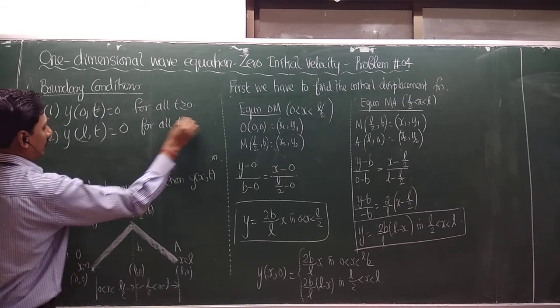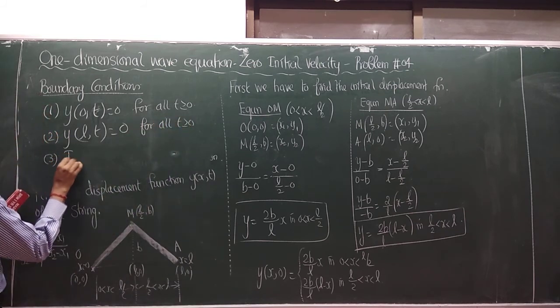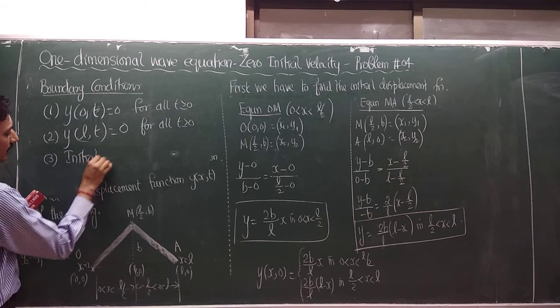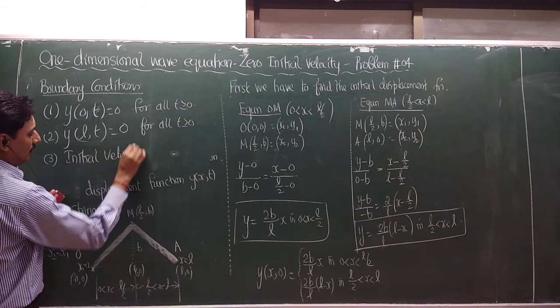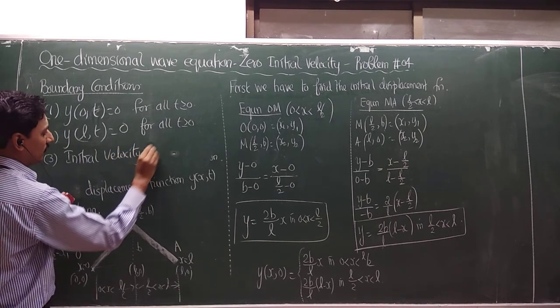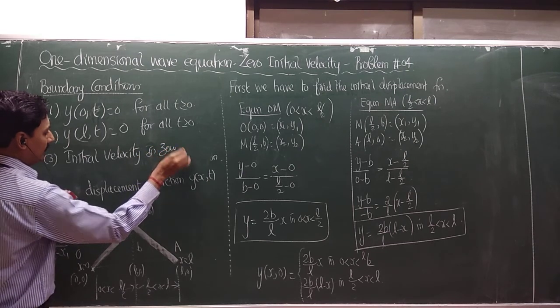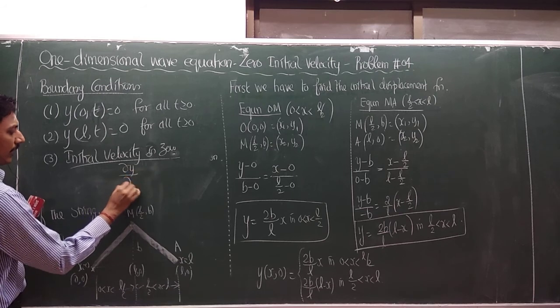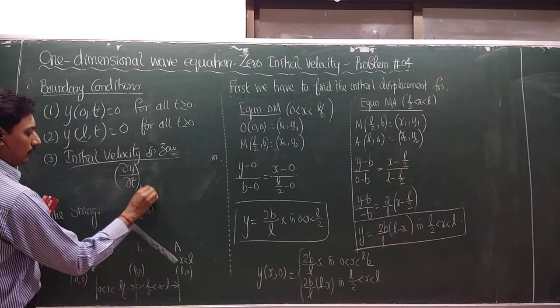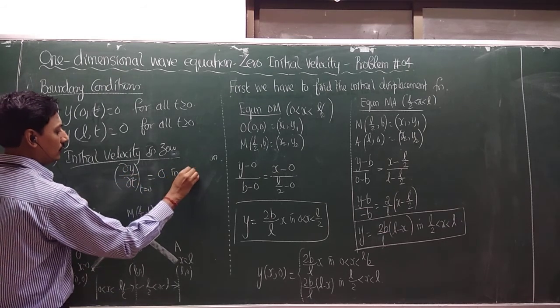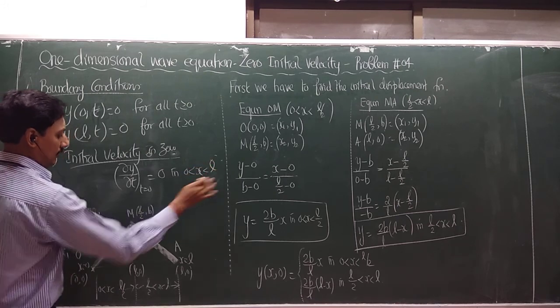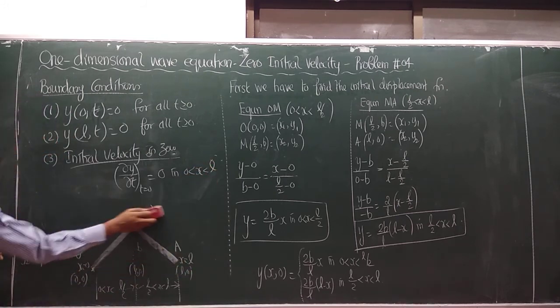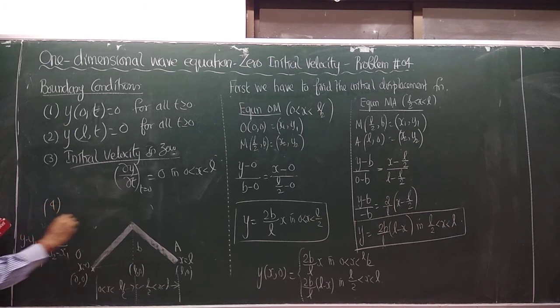And the third one is initial velocity is 0. That means dou y by dou t at t equal to 0 is equal to 0 in between the two points. The fourth one, the initial displacement function, that is y of x comma 0